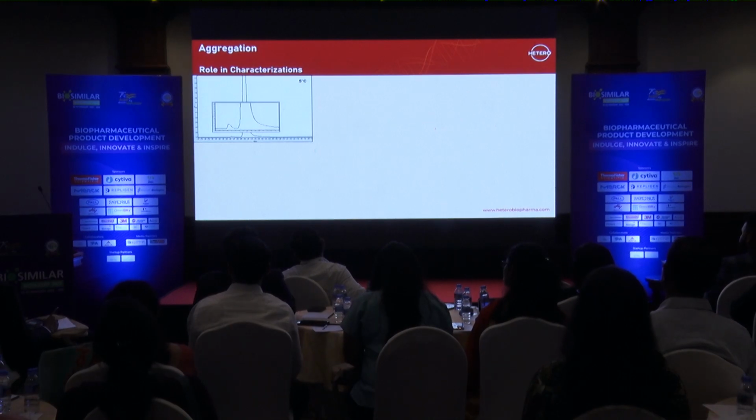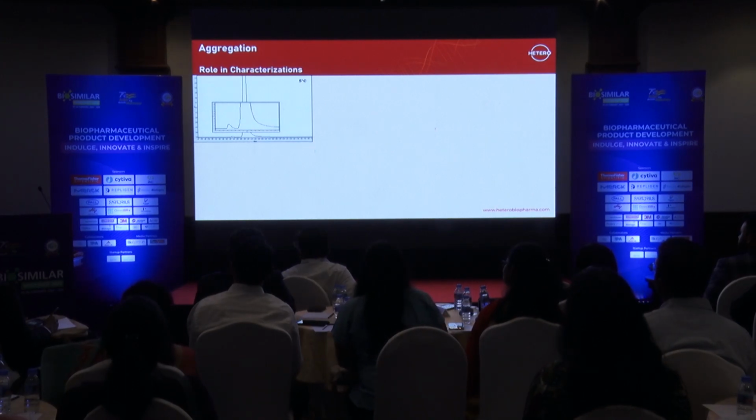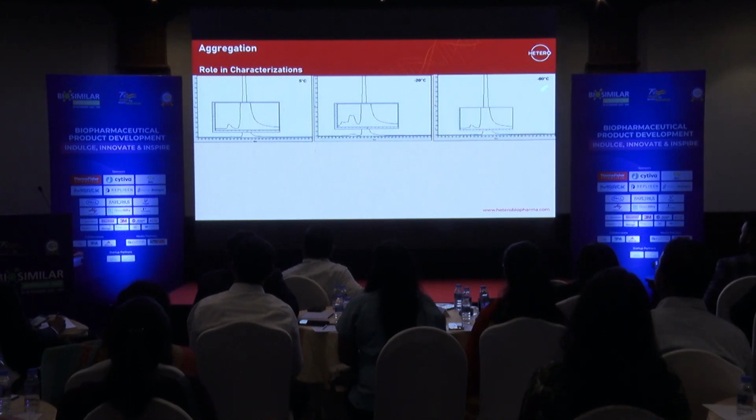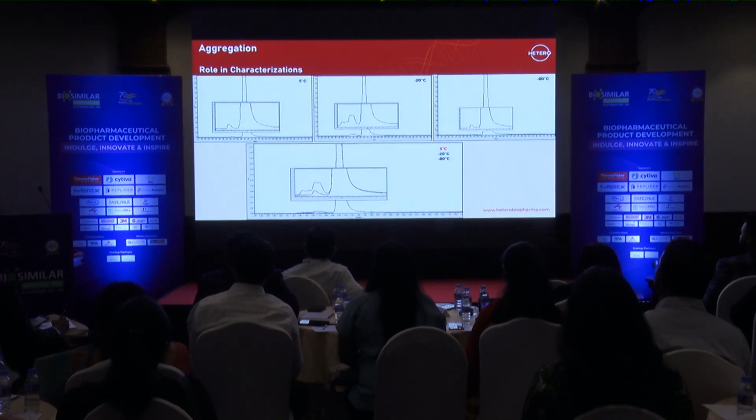One interesting observation that we have seen, and some of my friends who have worked with this molecule, which sadly I can't name, would understand this phenomenon. This is a normal chromatogram of this molecule at 5 degrees, and the general concept is that when you freeze the molecule, it is stable for a longer time. But this particular molecule on freezing is aggregating a lot. What is even more astonishing and mind-boggling, and a good scientific problem to solve, is that when you decrease the temperature further to -80, it gives the exact same profile as you would get at 2-8. So it's only the -20 that is aggregating this molecule, but not lower temperatures than that.